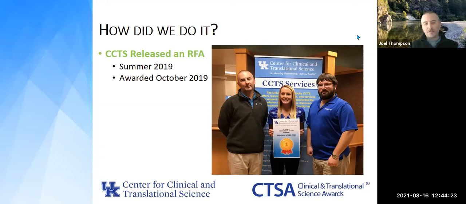And then as you'll see, as Dr. Ickes talks here, she probably didn't realize how much time she was going to invest in this when she signed up for it. And so that's another remarkable piece of this, is the amount of effort that she was willing and able to put forward to make this work. So with that, I'm going to get out of the way and I'm going to let the people that really put this into action describe the process and what they did to make this a reality.